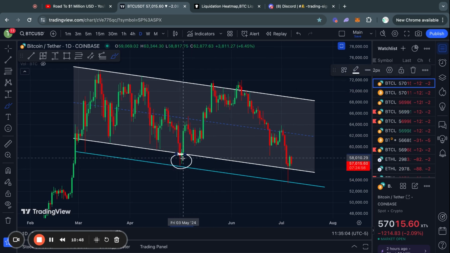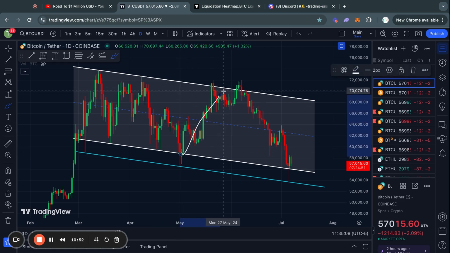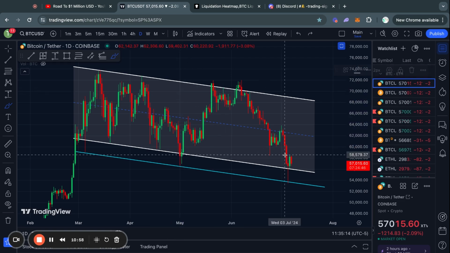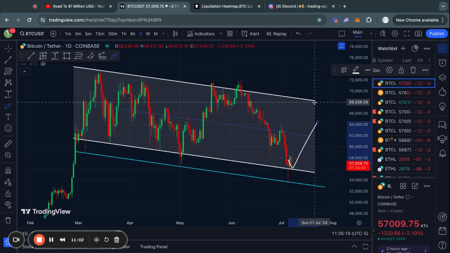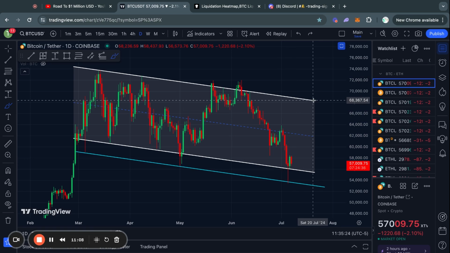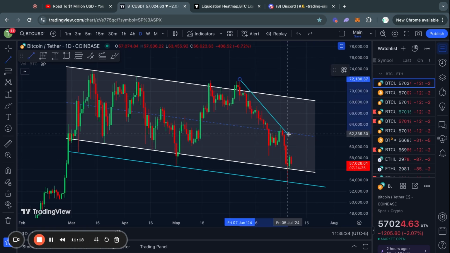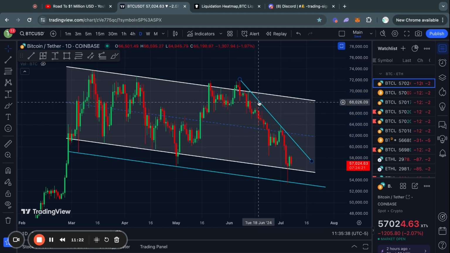In fact, we even got daily candle closes below the descending channel after then reversing back to the upside. So for now, I would say so far so good, and it is still completely possible to go back to the top of this range once again, sitting at about 68.5K. But at the same time, like I was saying earlier, we are still clearly in a downtrend, not only